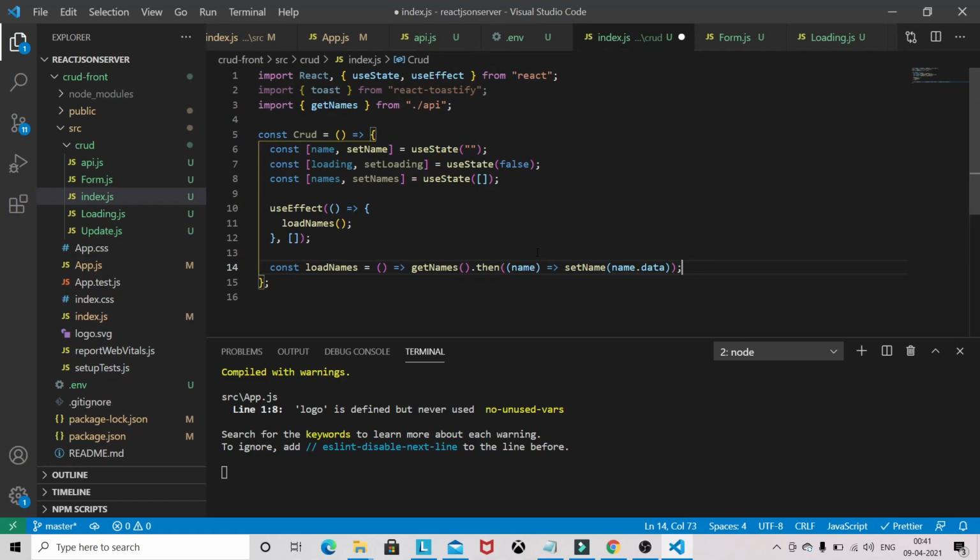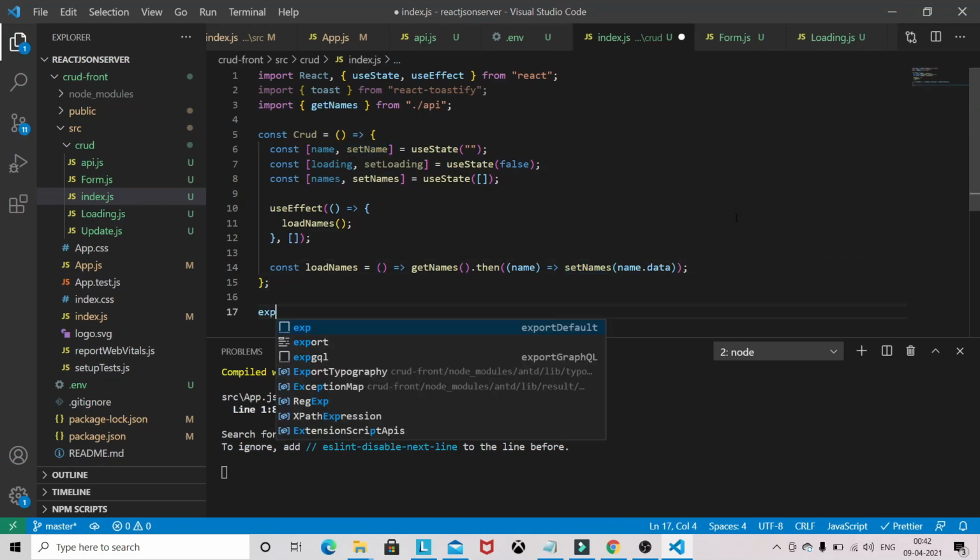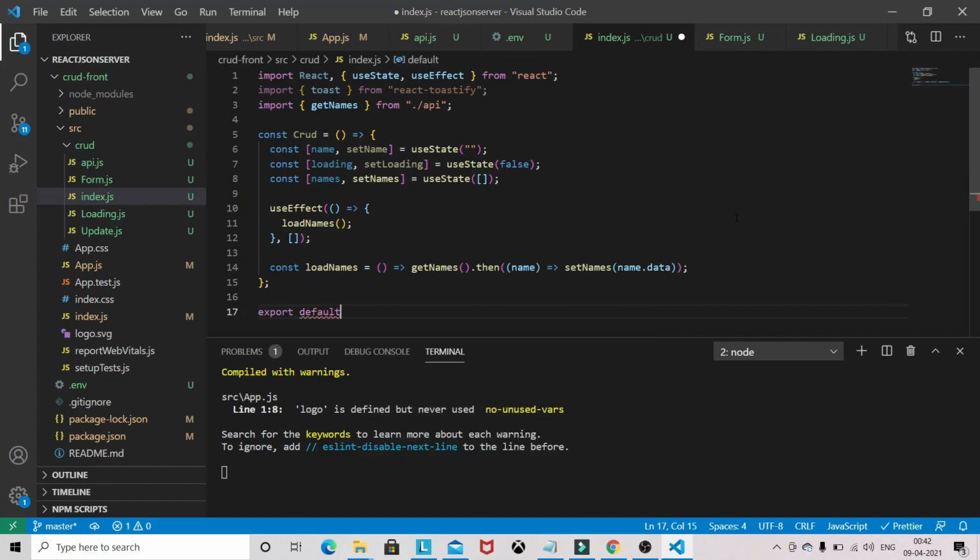Okay, so we are now able to load all the data. So we have to use setNames. Okay, so we need to export this one. Correct. And we need to write the return as well.